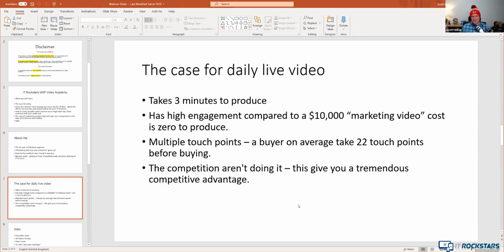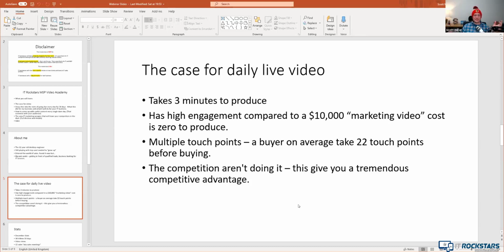But those touch points, it's the same in your IT business. I think the statistic is around about eight touch points before someone becomes a prospect or potential buyer of a service or product. Well, the same's true in managed services. It's a much more boring topic than buying a car, but that prospect or potential buyer is going to have multiple touch points with you in your marketing, in your sales funnel. And the more of those touch points that you can create, the better chance.